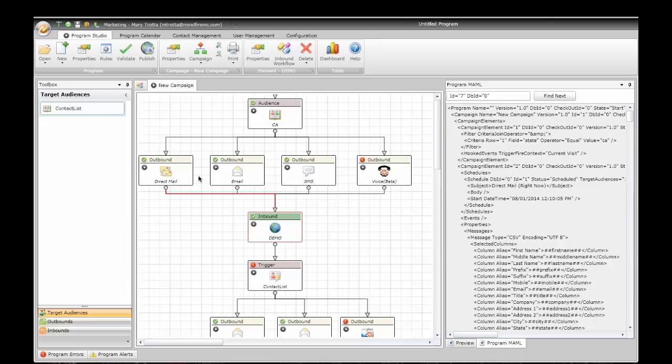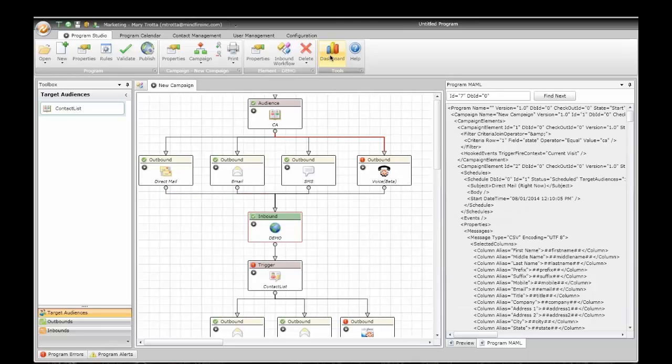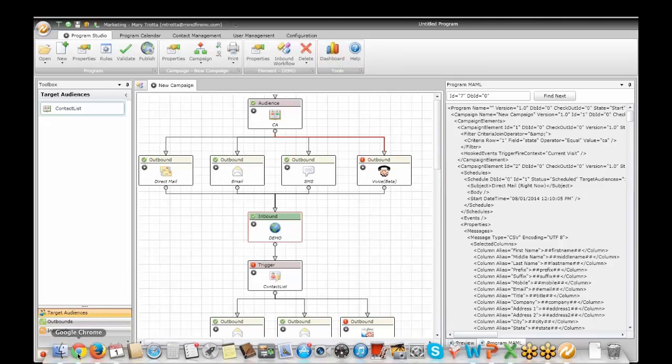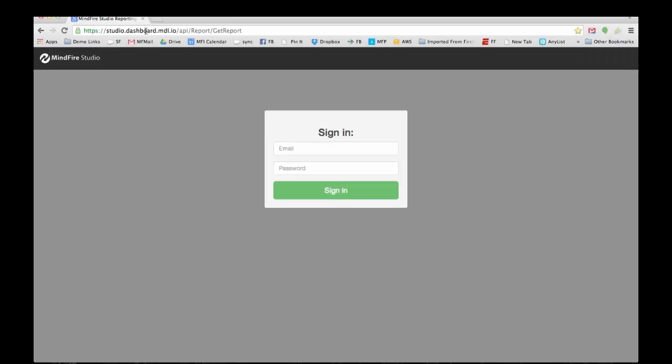And as far as reporting goes, as people travel through the campaign, there are all the different events we're keeping track of. We can look at that through reporting. You can get to reporting either by clicking on this link to go into the dashboard, so if you're working behind the scenes here in the studio, you can get to the reporting that way. Or if you're going to be providing your customers a link to reporting, you can use any domain that you like, and we can point that to your reports. We can personalize this to your company. So when they log in, they see your logo here. And basically when they log in, they're going to see only their own campaigns,